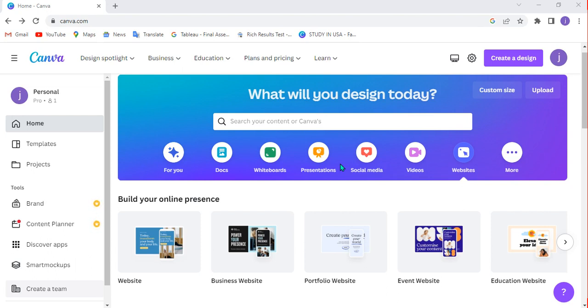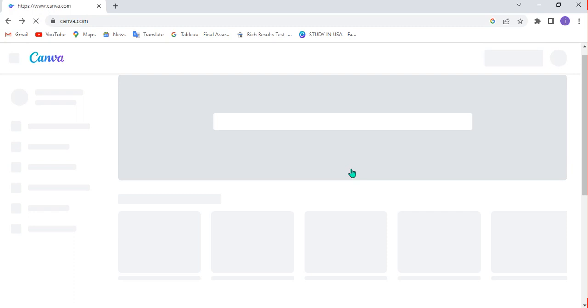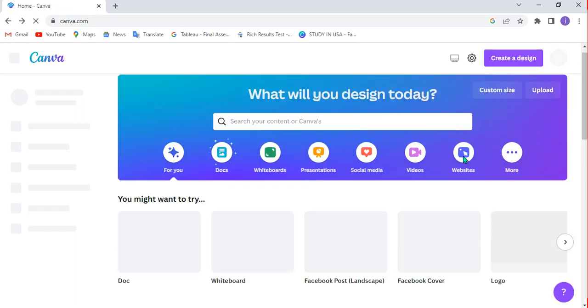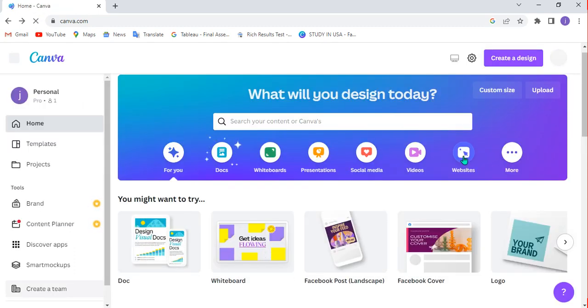Without wasting time, let's get started. What I'm going to do is click here. As you see, if I log in to my Canva homepage, I also get this option. You can see I have websites. This website option is the one I can use to create my website. I click on it to get it opened. Once I click on it, it is not opening, so I can reload it to come back, and once it has reloaded itself, I click on it